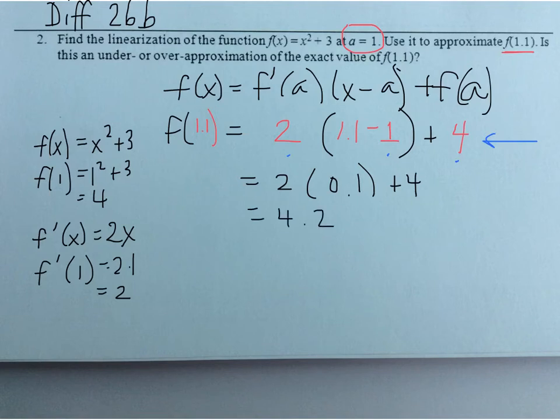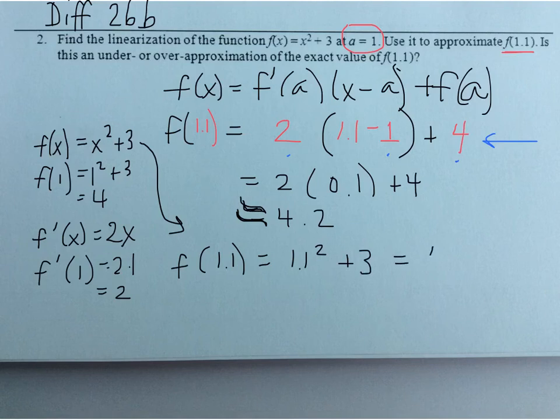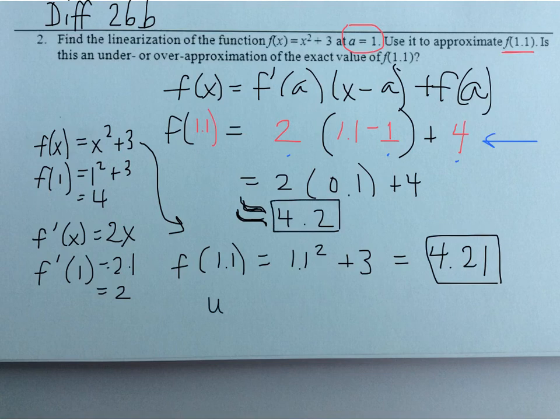The second part asks, is this an under or over approximation of the exact value of 1.1? Well, we could figure out the exact value, right? This really should be an approximate. But the exact value of 1.1 is going to be actually using the real function, x squared plus 3. So 1.1 squared plus 3, we grab our calculator, and that's 4.21. Okay, so this is the exact, this was our estimate, so our estimate is an under approximation